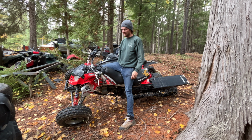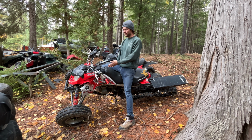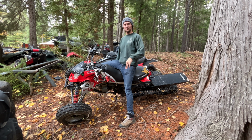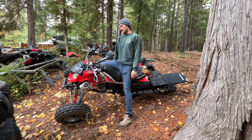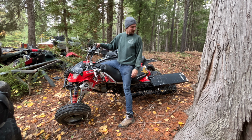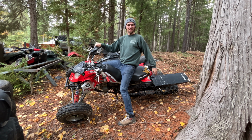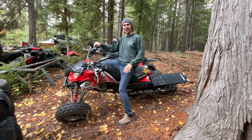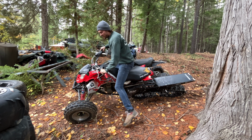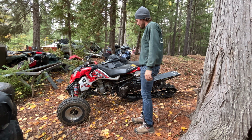It's seriously fun. This is one of the projects we use the most, honestly, because it's electric start, it has reverse, you just back it up, take it around the track a few times, let your friends ride it. It's pretty simple for anyone who's driven a quad before. Same kind of thing, just you have a bunch of traction on the back. And this thing is amazing in like mud or like slightly icy conditions. It's just great. So we'll definitely convert it back to a sled in the winter, and until then, we're gonna